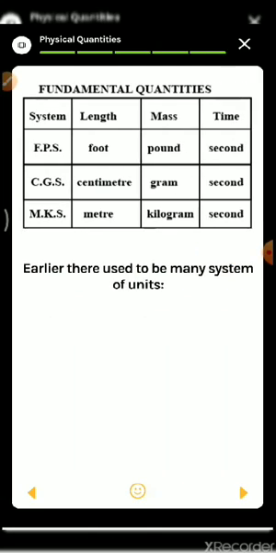Okay, so let us revise what we have studied. Physical quantities are of two types: fundamental quantities and derived quantities. Fundamental quantities in different systems of units are given: FPS, CGS, MKS. You will go through it. Earlier there used to be many systems of units, but now we have only one standard system, the SI system, which is given in that table also: quantity and base units: time, length, mass, temperature, amount of a substance, electric current, luminous intensity. What we can measure, the basic units of all these are given on the right hand side, that is the base